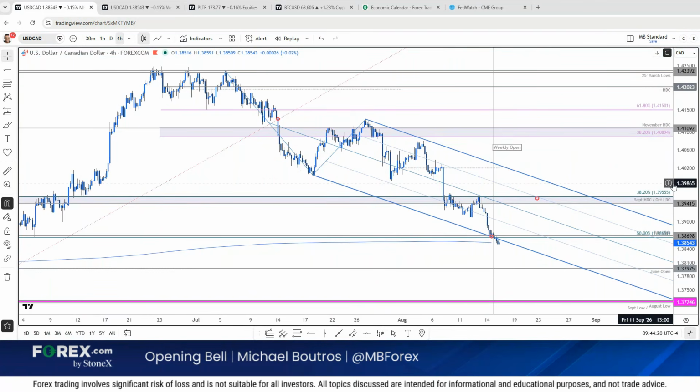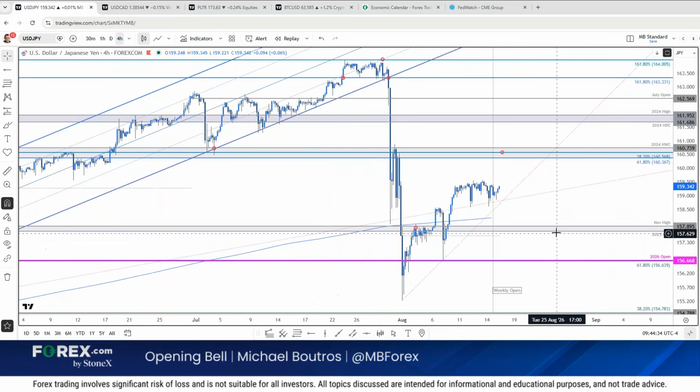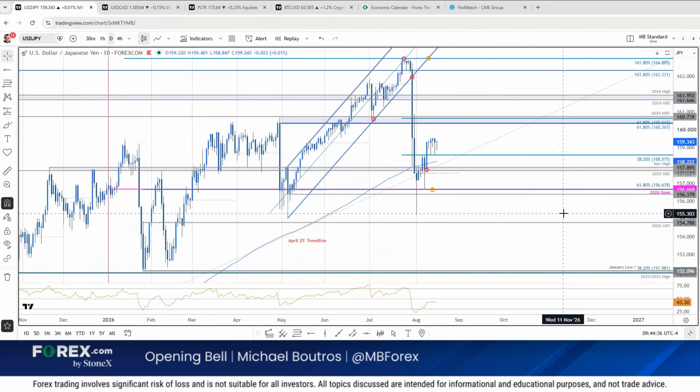Make sense? We got CAD CPI earlier today. Didn't really move the markets. Came in maybe a little bit softer from what I saw, but nothing major on the CAD docket this week beyond that. Dollar yen, nothing's changed. Range bound. Don't really have much to discuss here, guys.